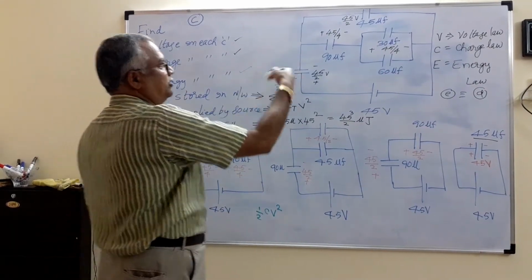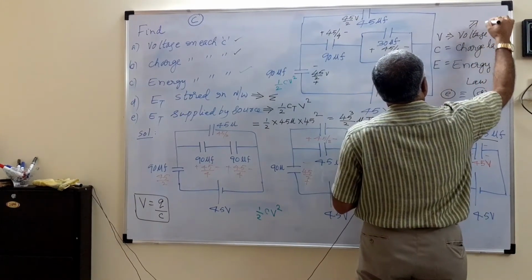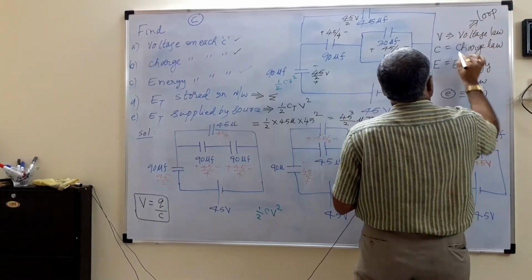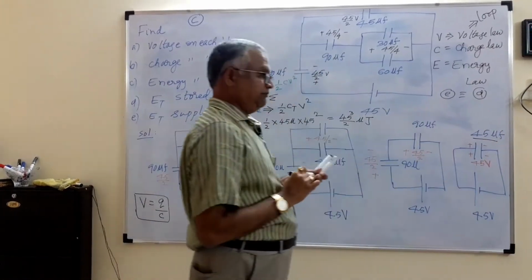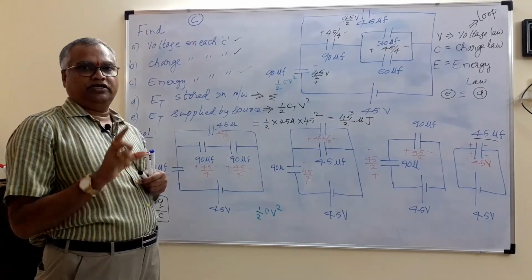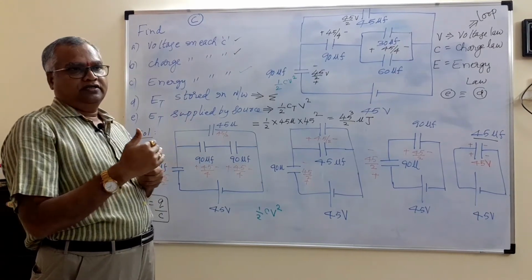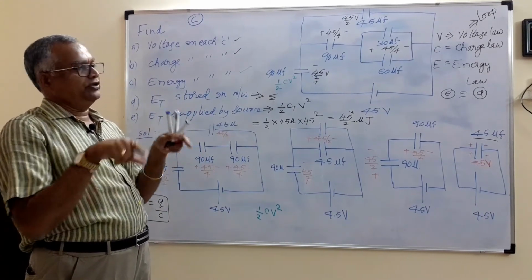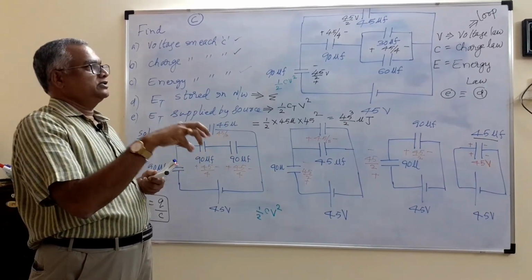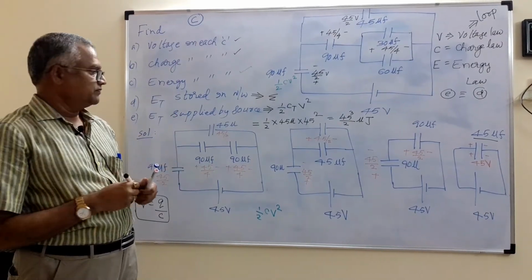Voltage law is always verified in a loop, as I said, in resistive networks also. Then the charge law, how to verify? In capacitors in series, charge is the same and voltage divides. In capacitors in parallel, charge is dividing. Where charge is dividing, there you verify the charge law. That means the charge in one capacitor plus the charge in another capacitor, add them, you will get the total charge.